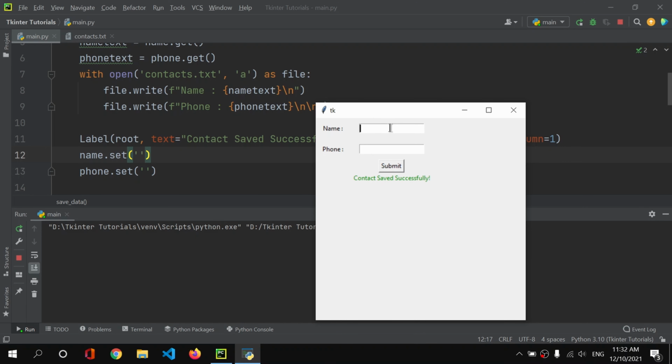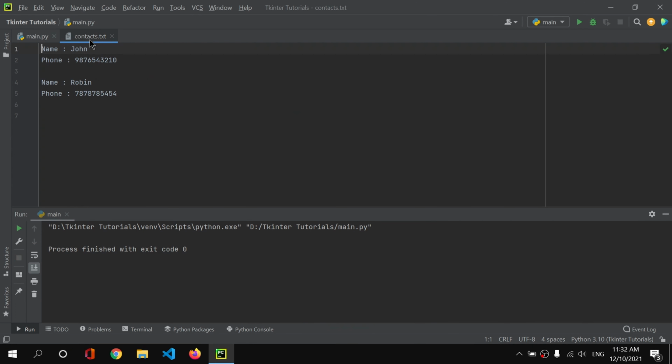Now if I add another contact here, we should also clear this label whenever we add another contact. So we have to show this label, and then we have to stop showing this label as well, but that's something that we will do later. But currently our program is working very well. So I will add Robin, and the phone number to be 7878785454. Let us hit submit, and here we get these fields cleared.